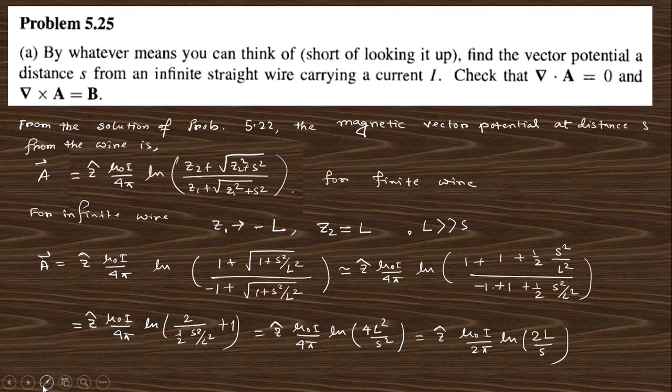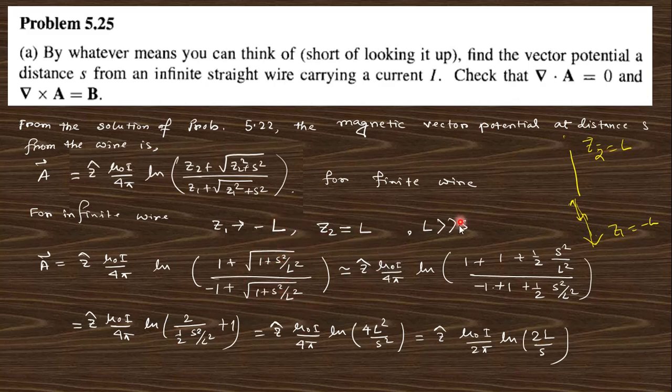Now you will take an infinite wire. If you take this infinite wire, then what happens? This was Z1 and this was Z2. But if you take an infinite wire, Z1 will be taken as minus L, and Z2 as plus L, because this is negative in the opposite direction. That's why minus. So if you put Z2 as plus L and minus L and divide by L, this will be 1 and this will be 1 plus a square by L square, right? So put this value and divide by L, and you will get this one.